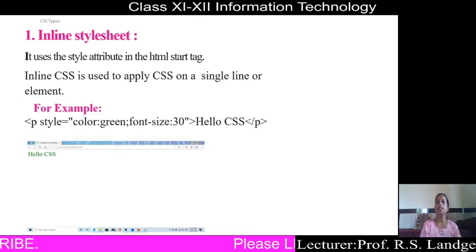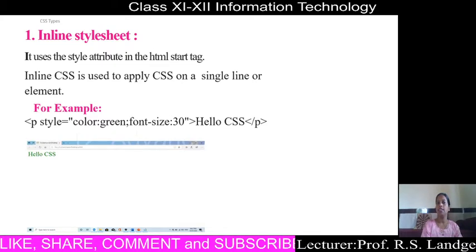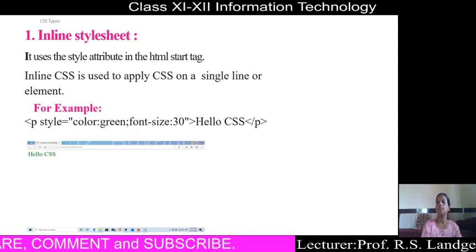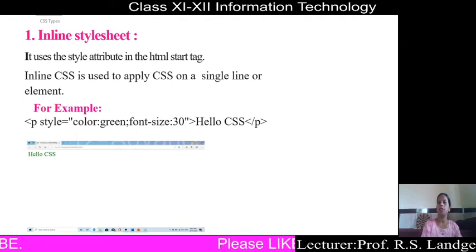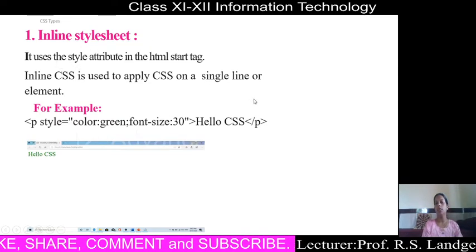It uses style as an attribute for any HTML tag. Inline CSS is used to apply CSS style for a single line or element. Means you can use inline CSS for any tag such as paragraph tag, such as heading tag. You can apply style for a single HTML element or single line.